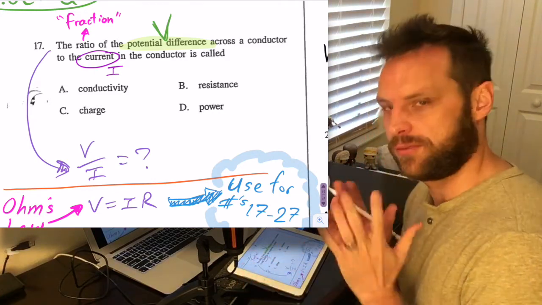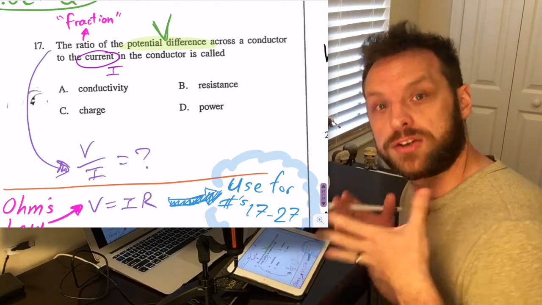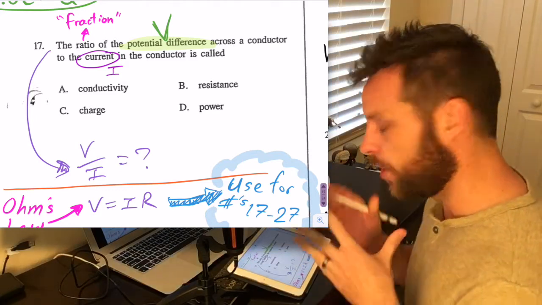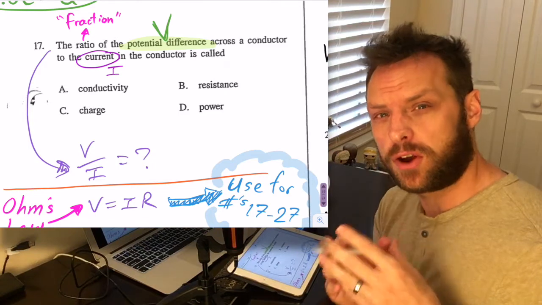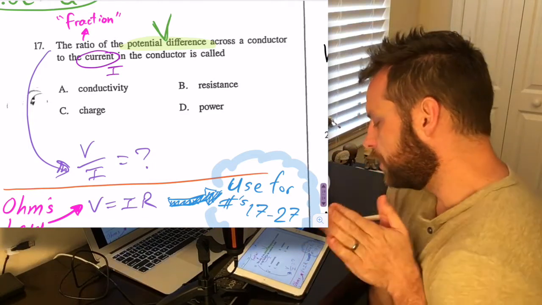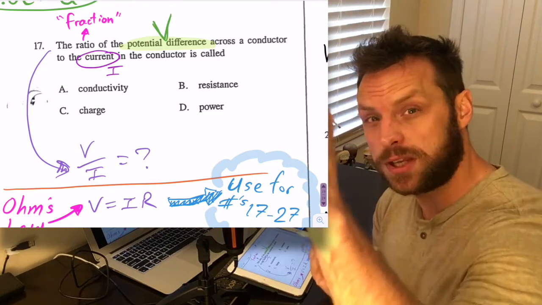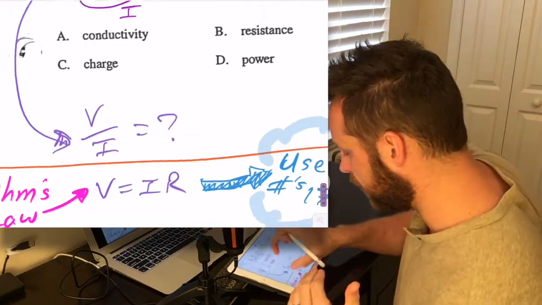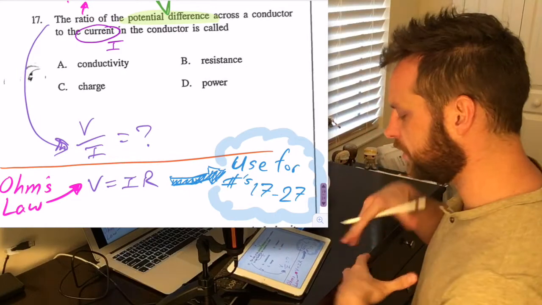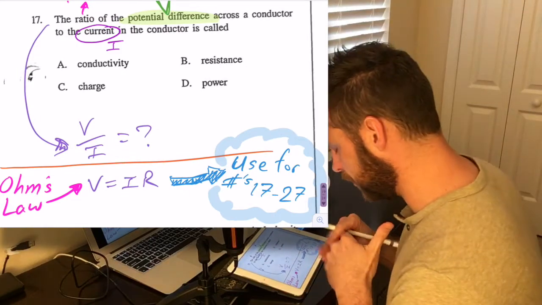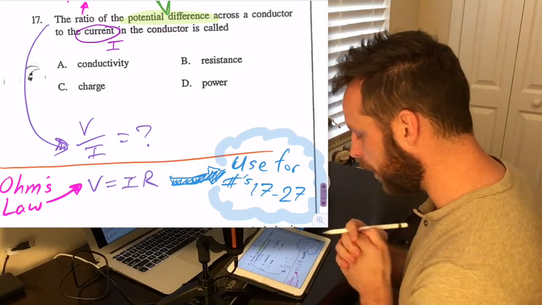And so the ratio is a fraction. So we're going to make a fraction of what? We're going to make a fraction of potential difference, which is our voltage, and so I've written a green V above that, and then current, which is an I. So we need a fraction of V over I. And so I've written that here. This purple arrow is just translating all of that English into a simple little math phrase, V over I equals